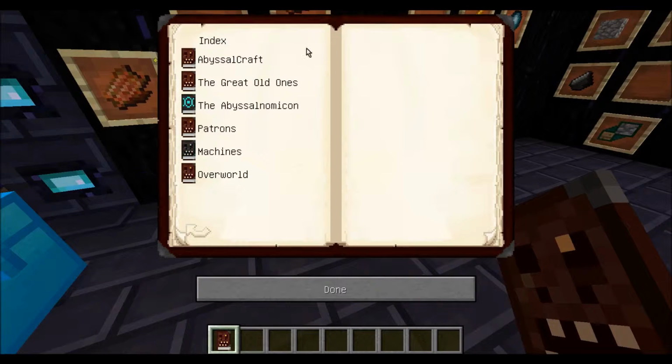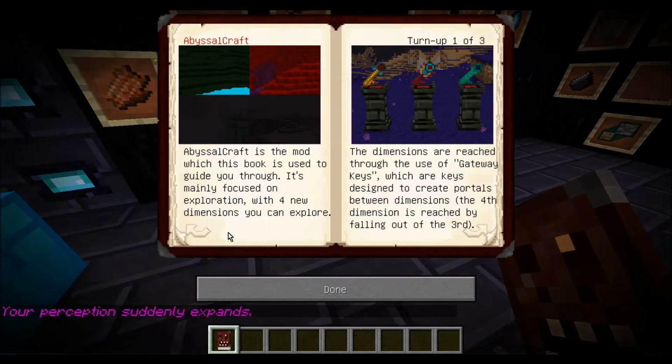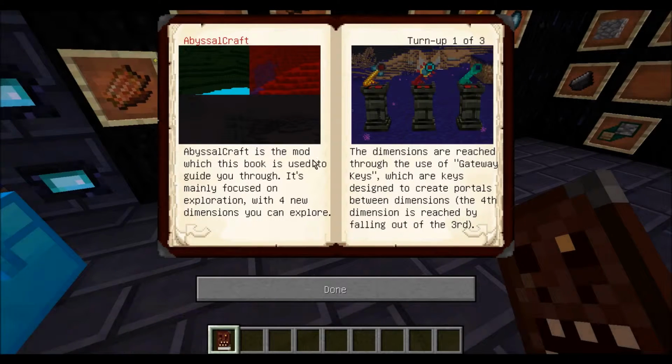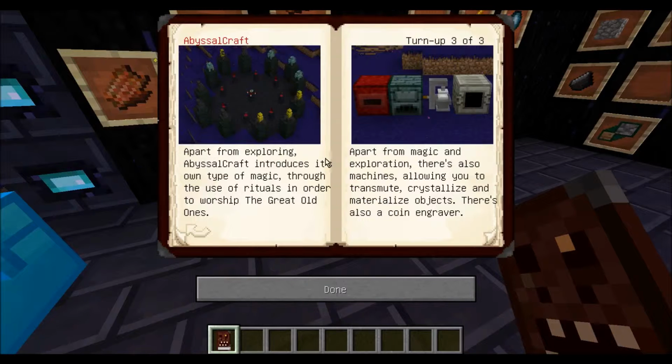Forbidden Knowledge. It's got various sections. Thaumcraft effects. The Abyssalcraft thing is basically your basic information about Abyssalcraft. Something here about the overworld biomes, various materials added, a little picture of rituals, the machines added by the mod, which I haven't really gotten into very much in the main tutorial. So yeah,